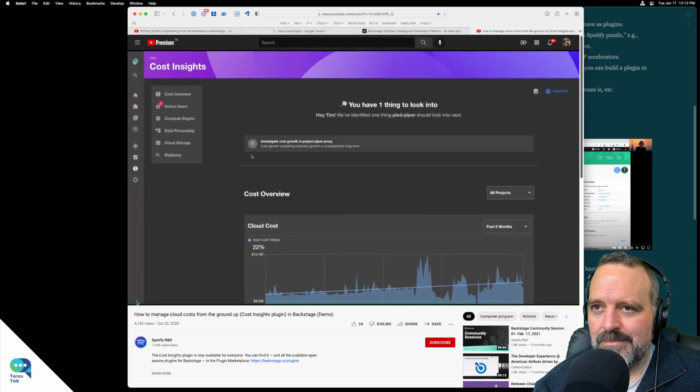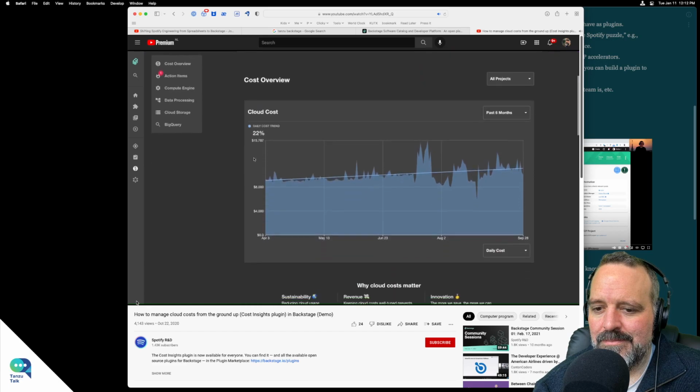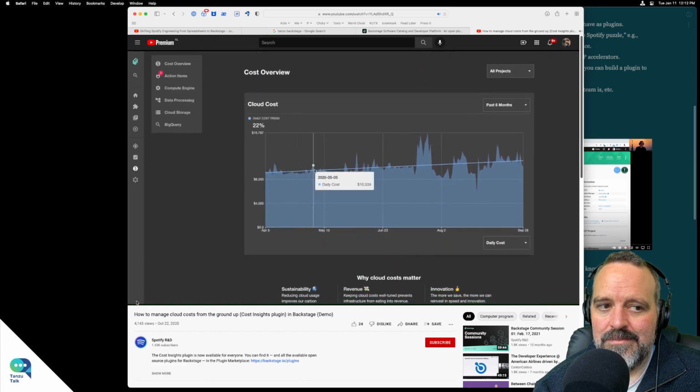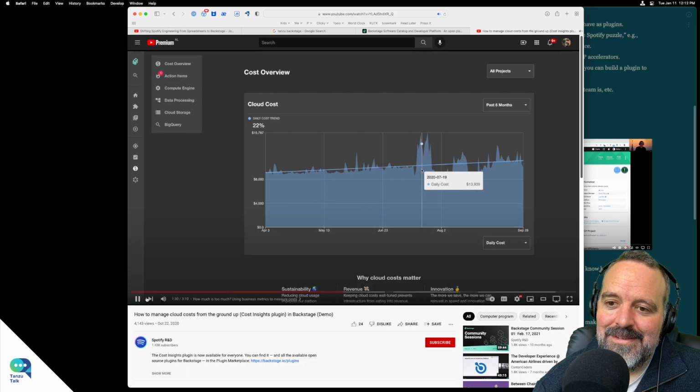This overview shows the daily cloud cost for the team. This is a high-level view where you can quickly see trends and look for spikes in cost. But how can you tell if something costs too much? We believe the key is being able to compare cloud costs against business metrics. An important point we make is that cost growth is okay and expected. When your business is growing, costs will go up.